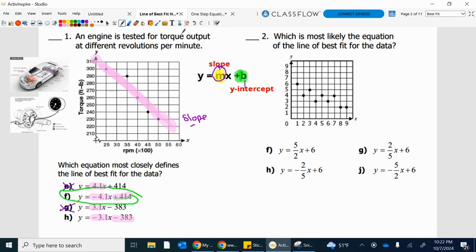Number 2, same thing. We're going to draw our line through. Once again, we have a negative slope, so we only want answer choices that have a negative slope. We're going to cross off the positive slopes. Positive. This time, however, we have the same y-intercept, which means we'll be using the slope to determine the best